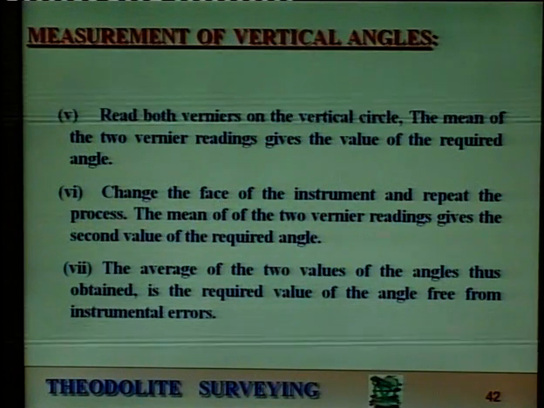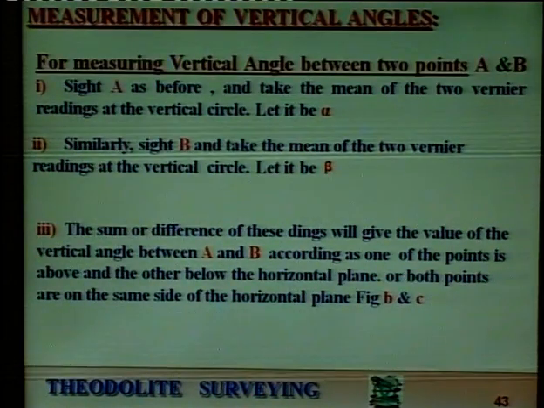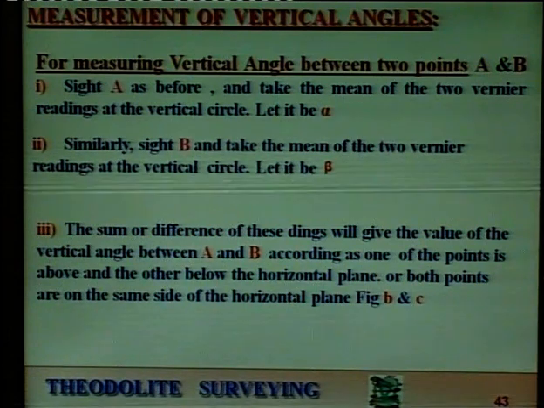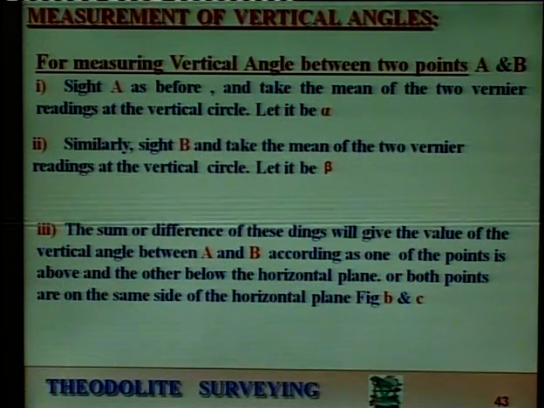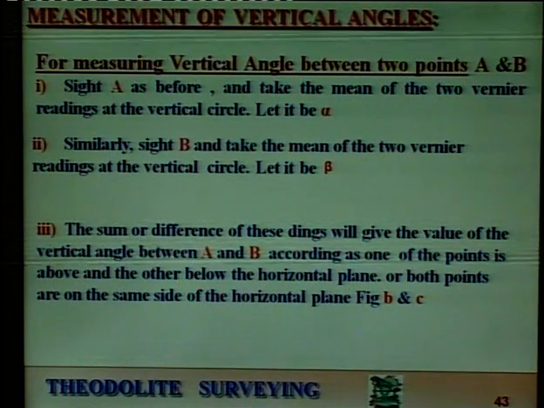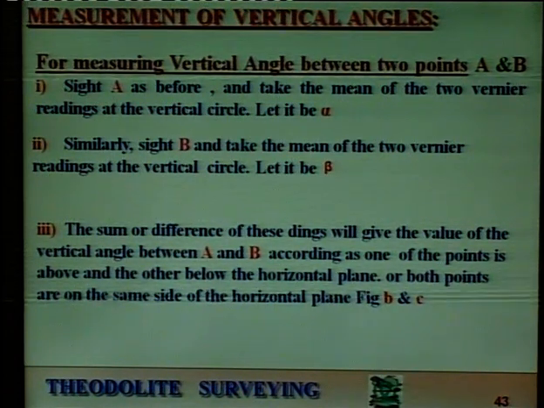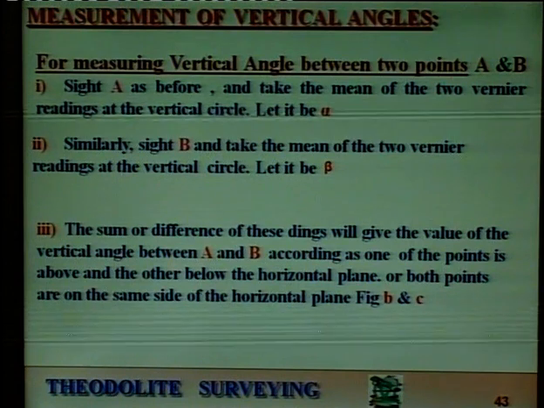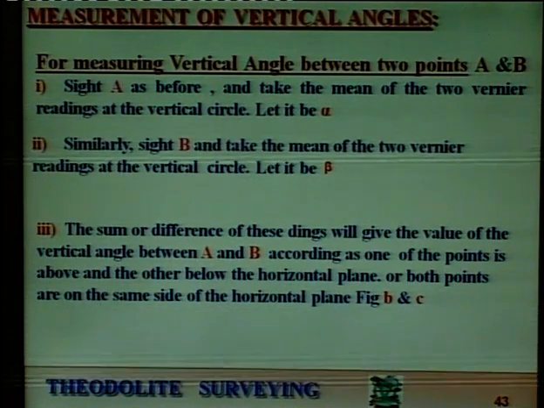So, in this way we can measure the vertical angle. For measuring the vertical angle, sight A as before, take the mean of the two vernier readings on the vertical circle, let it be alpha. Similarly, sight B and take the mean of the two vernier readings on the vertical circle,